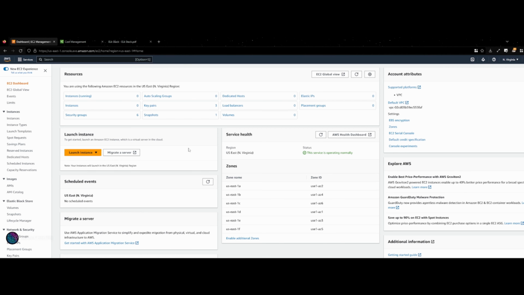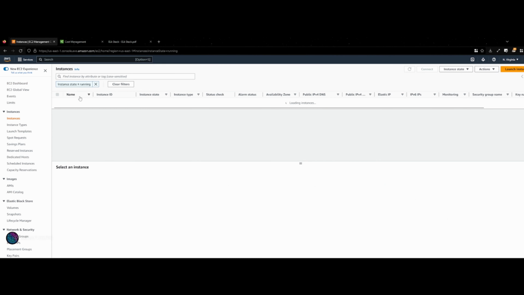Also, we have to create security policies and allow port numbers 9200, 5601, and 5044. We have to allow these ports so that the components can communicate. Anyway, I'm going to cover everything. The first step is creating an instance in AWS, followed by creating the network policies. So let's quickly create a VM. Launch the instance,